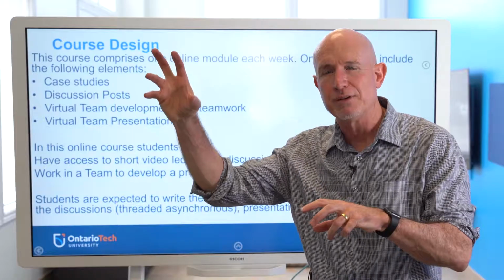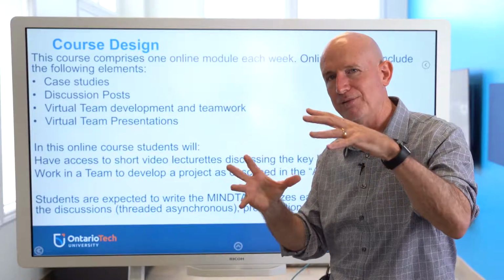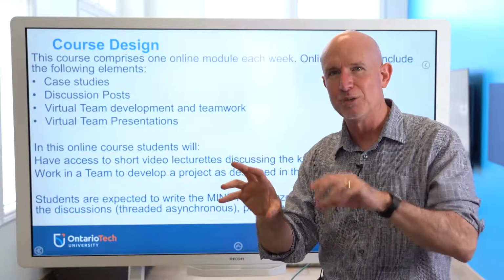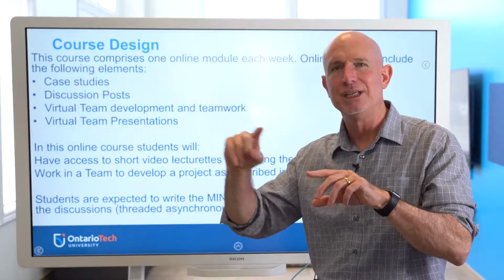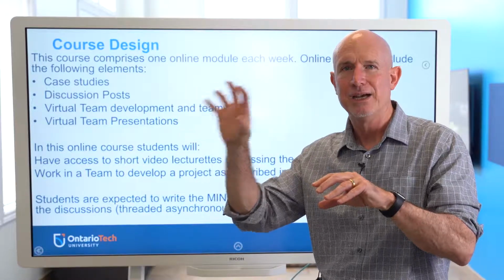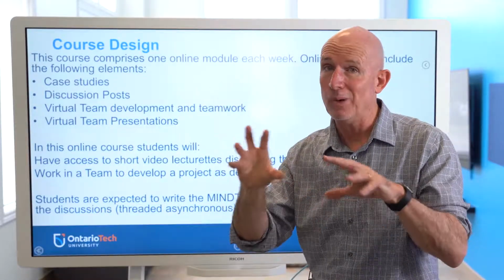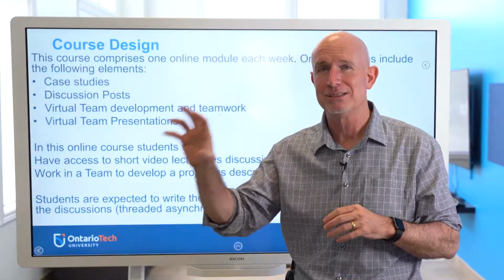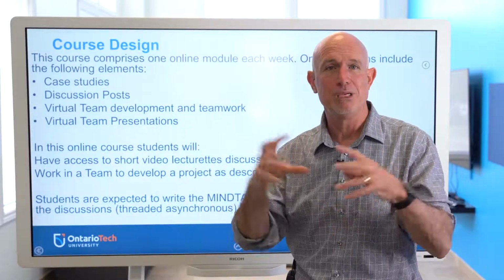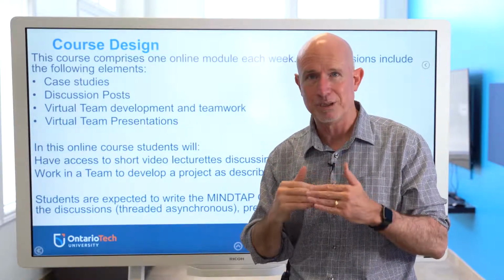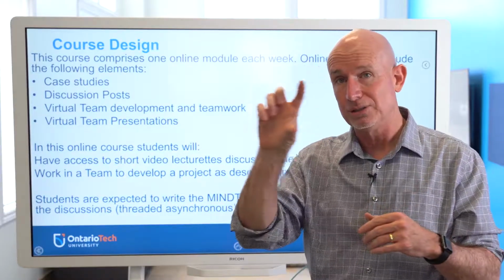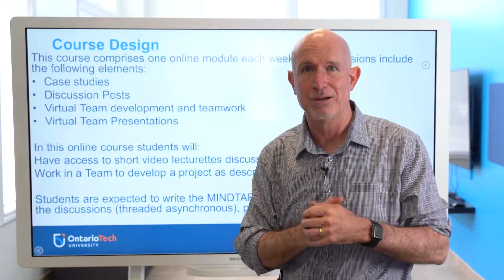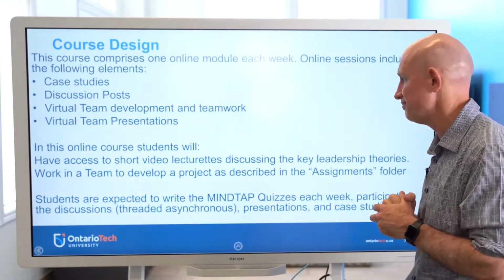So you want to go to the assignments folder, you want to look at the project brief, and you'll see listed there a number of different projects. You can choose which project you want to work on. There is a contact person that you need to reach out to. Their email is there. Email them early. I wouldn't wait beyond week 2. You want to get going on this project right away. But reach out, email them, and set up a time to meet with them virtually and just discuss the project, what you would like to do in the project according to what they've described as the needs, and then make sure that you're aligned with their goals and objectives for the project.